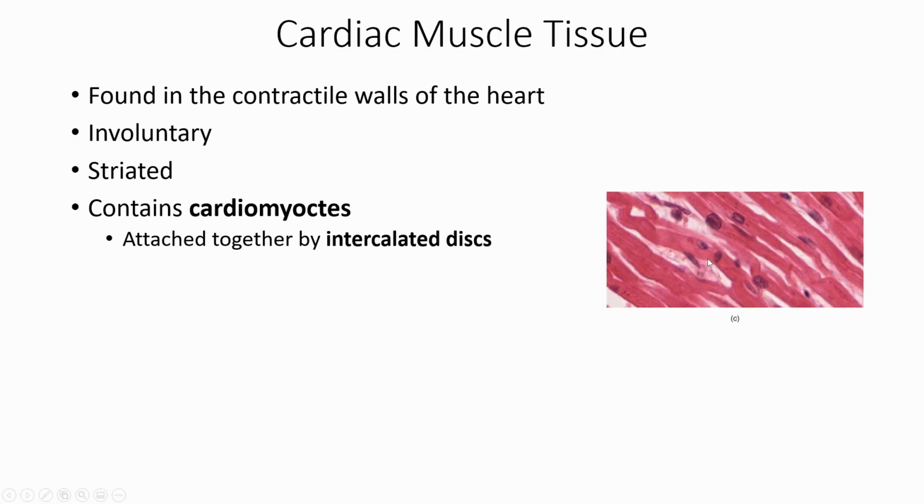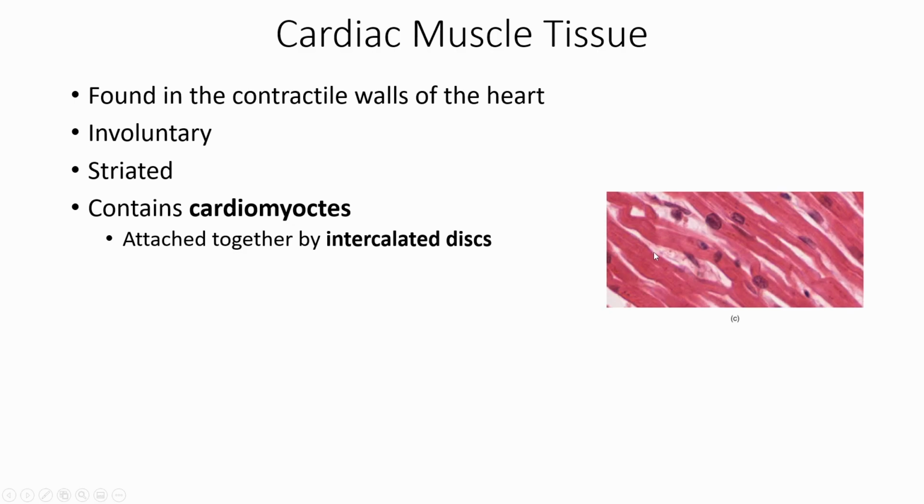call intercalated discs. And so you'll notice that there's occasionally one striation that looks darker than the rest, and that's the intercalated disc, and it's filled with gap junctions. Remember, we talked about gap junctions not too long ago. Gap junctions will provide a space for rapid communication, which if you are a heart cell, a heart muscle cell,